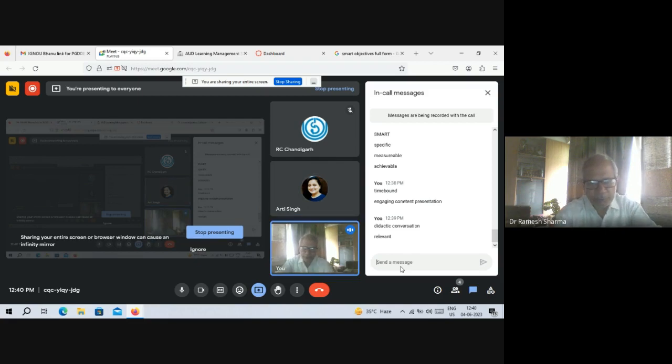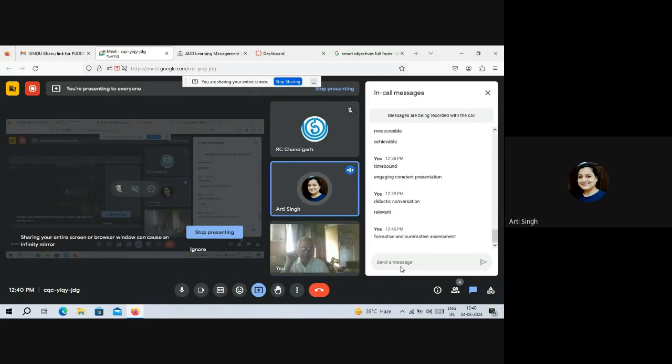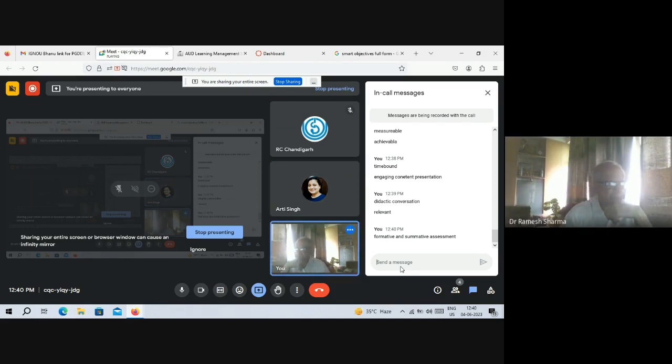Then you need to be paying attention to formative and summative assessment, and even the evaluation. This is part of evaluation. This becomes very much good. And this leads to feedback and